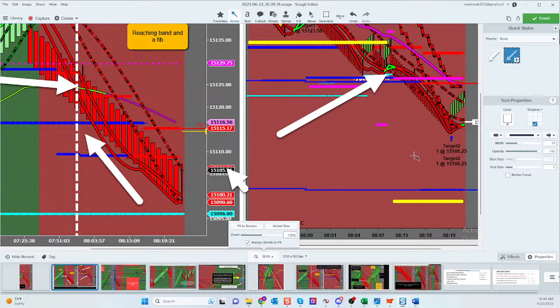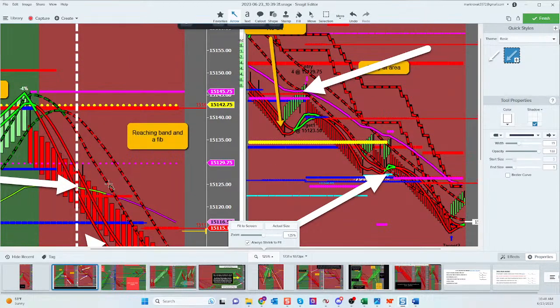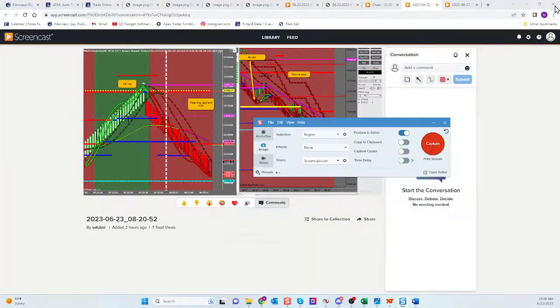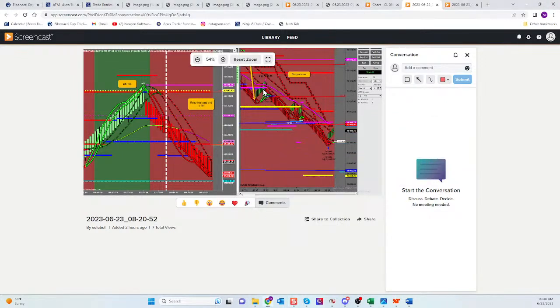I don't add to my position into a fib. Personally, I like a clear path. I don't add to my position if there's trouble in the way. But if I have odds favorable, if I was already short for some reason, and I had this look where he entered, hell yeah, I'm adding contracts. Because this is a 100% high probability trend trade. That's my absolute best of the best. Absolutely, I'm adding contracts there.